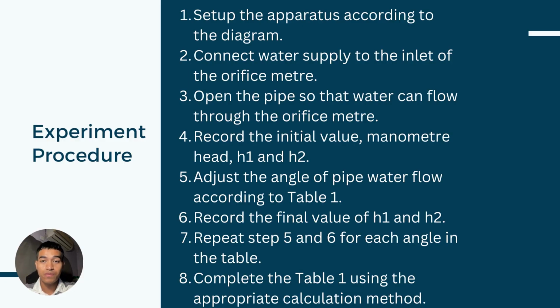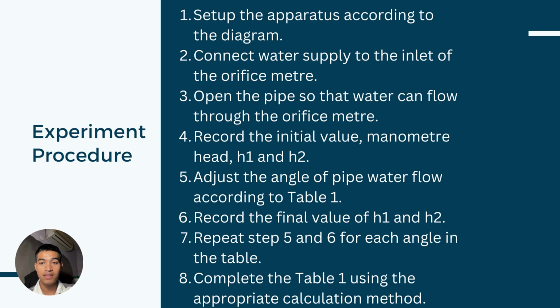So for the experiment procedure, firstly we need to set up the apparatus according to the design diagram. Next, connect the water supply to the inlet of the orifice meter. Then, open the pipe so that water can flow through the orifice meter. Next, record the initial values, which are the manometer heads, H1 and